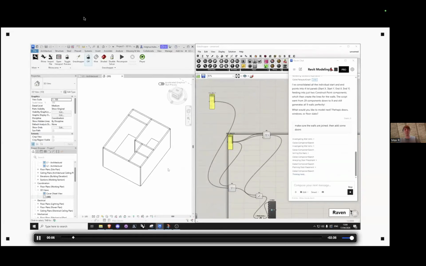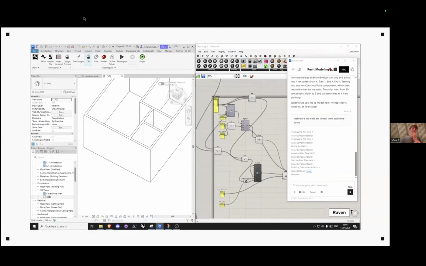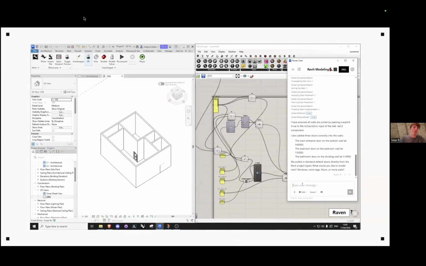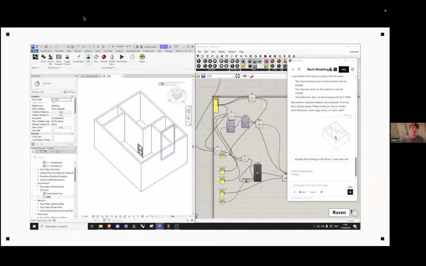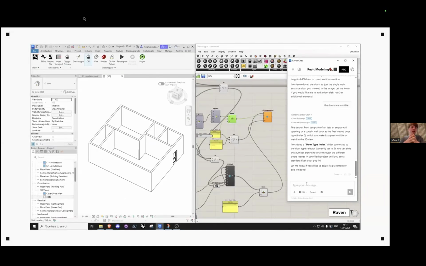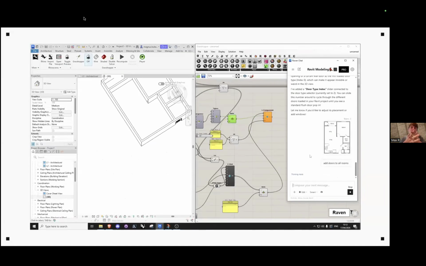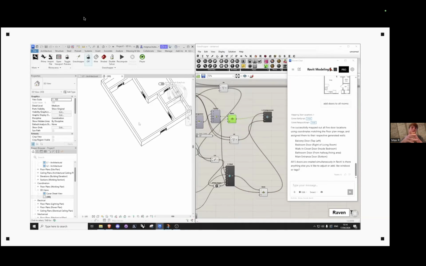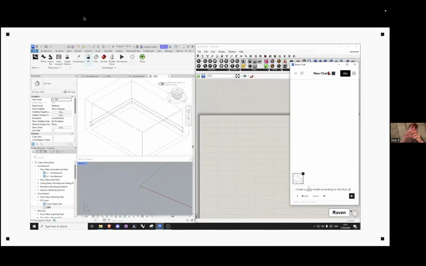I'm not sure. But anyways, basically we start with a very simple workflow. I just uploaded a floor plan screenshot to Raven. You can just copy paste it into the chat window, and then first Raven, you can see it now in the video, there is a screenshot. Then Raven creates a rectangle, subdivides it. That's all in Rhino, and then it starts creating wall elements, door elements, window elements directly with the Rhino inside